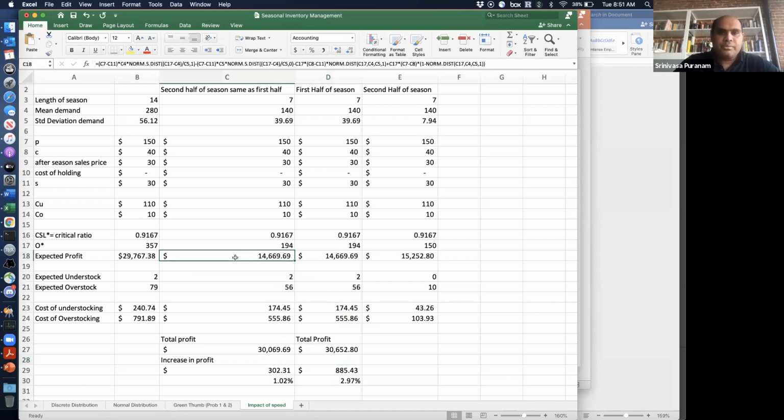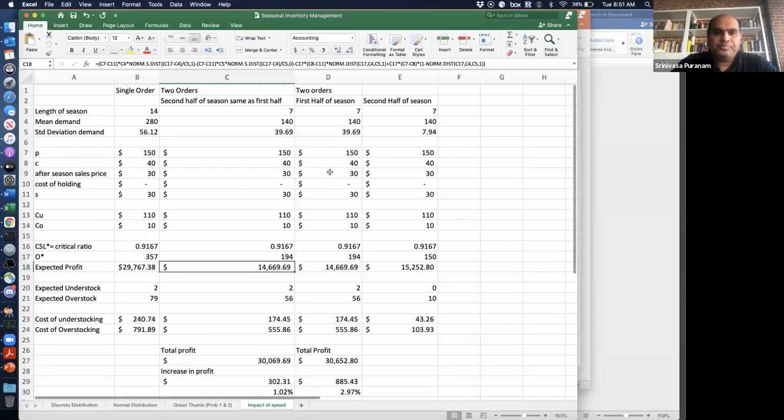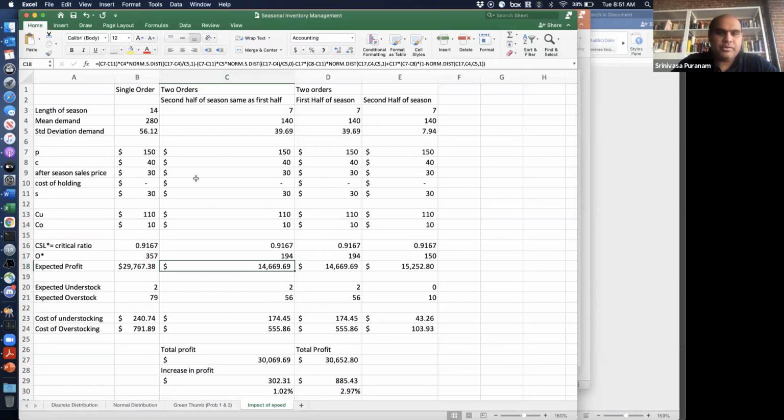Okay, so let me share. I'm just going to save this file. I'm going to post this Excel file on Canvas, obviously. You can see all the different ones. So let me